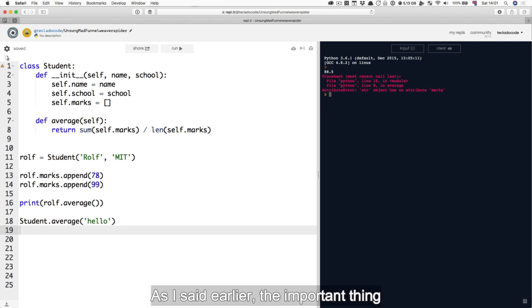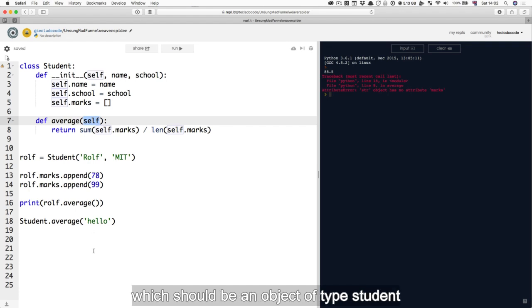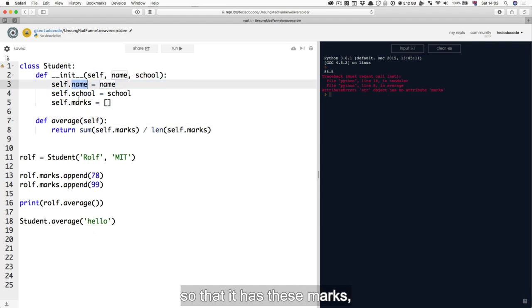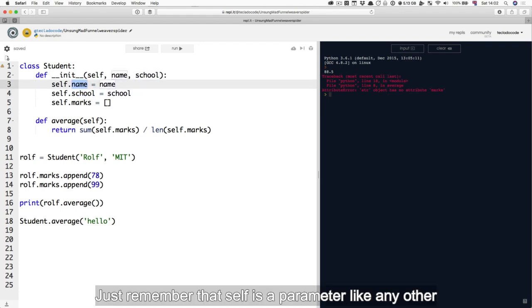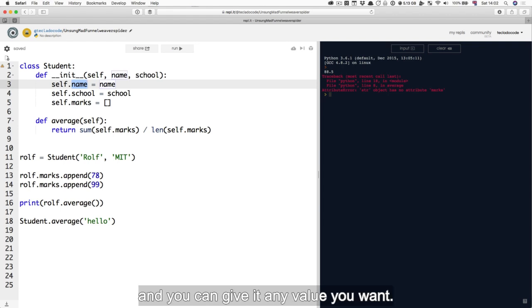As I said earlier, the important thing is the value that self represents, which should be an object of type student, so that it has these name, school, and marks properties. Just remember that self is a parameter like any other, and you can give it any value you want. However, doing hello